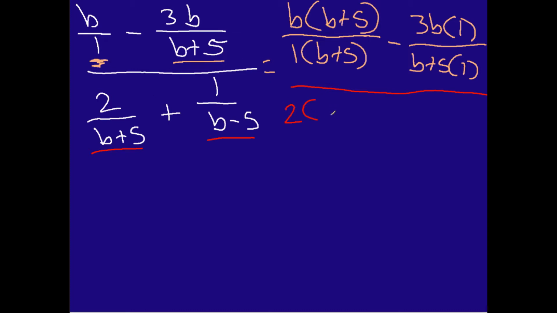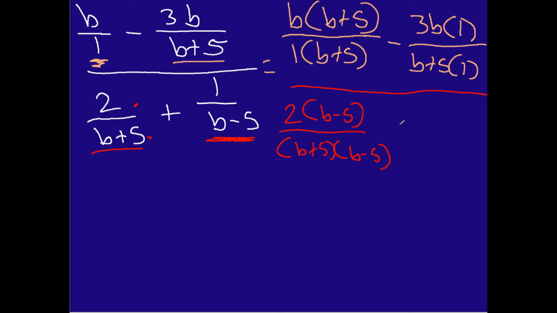And then we're going to have b minus 5 in the top. And then in the bottom, we're going to have b plus 5 and then b minus 5. Now, why are we doing b minus 5? B minus 5 came from over here. And so now I'm going to multiply the bottom and the top by this guy over here. I don't need to do the b plus 5 on the top because it was already here in the